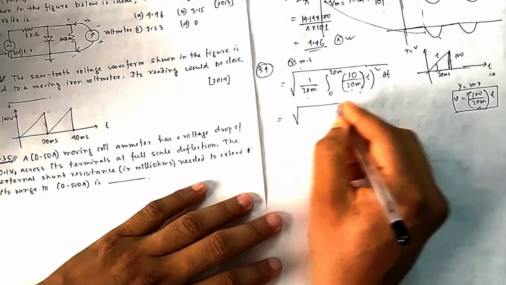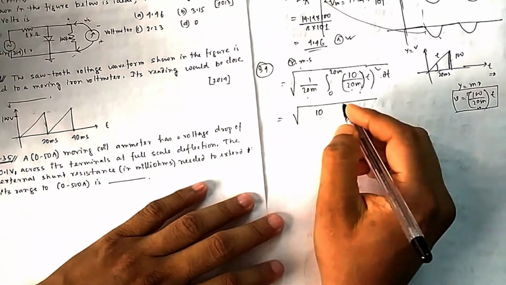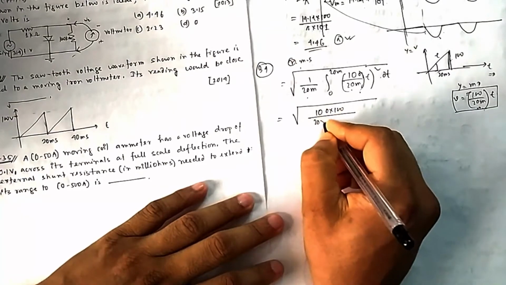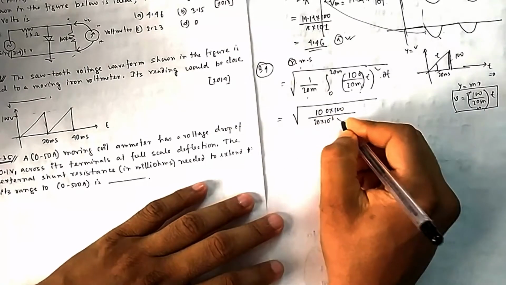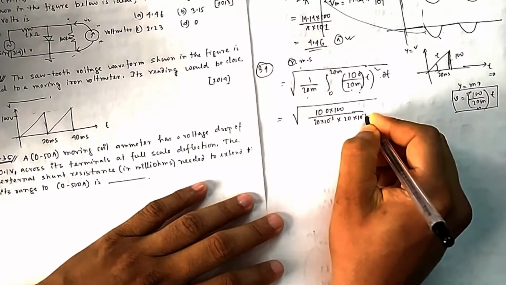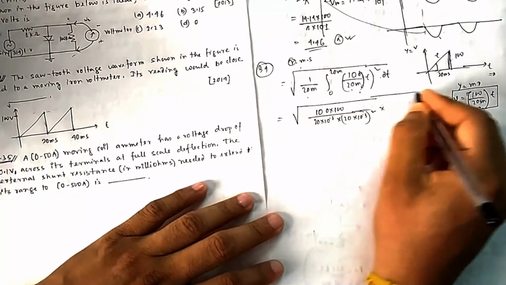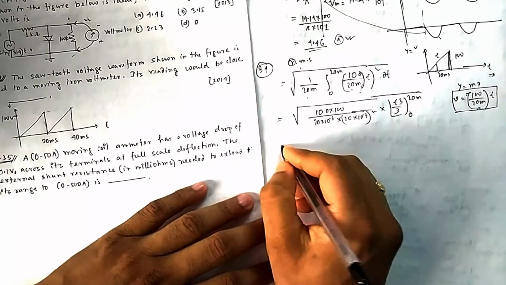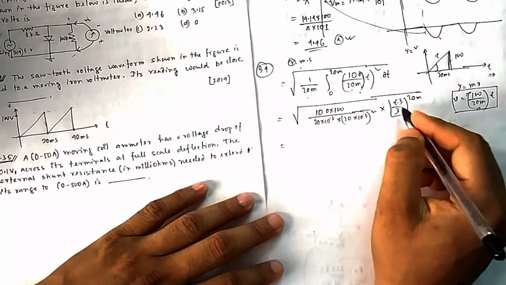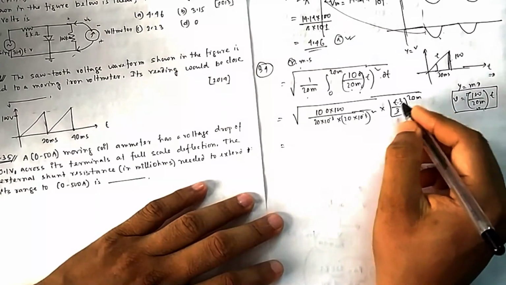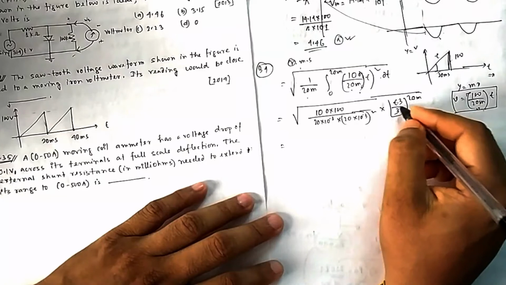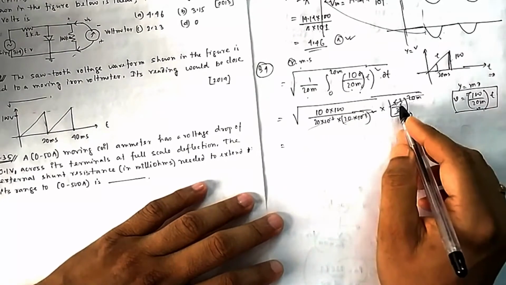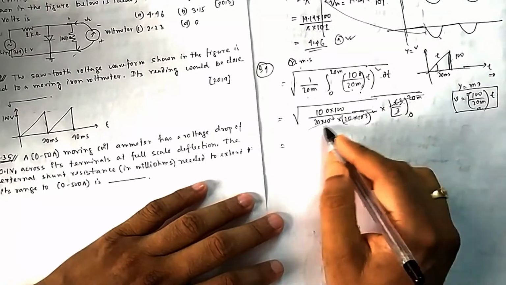Okay, so if you do this, it will be 100 into 100 divided by 20 into 10 to the power minus 3, into 20 into 10 to the power minus 3 squared, and then it is t cube by 3, from 0 to 20 milli. If you put in 20 milli, and put in 0, it will be 0. So we put 20 milli minus 0. This is the way we do it. So 20 milli cubed, 20 into 10 to the minus 3 whole cube, will cancel out.